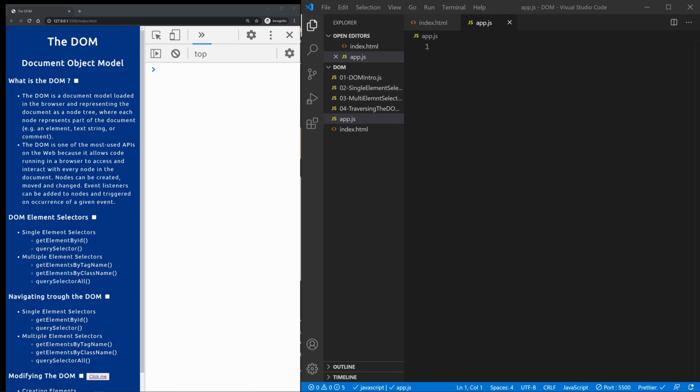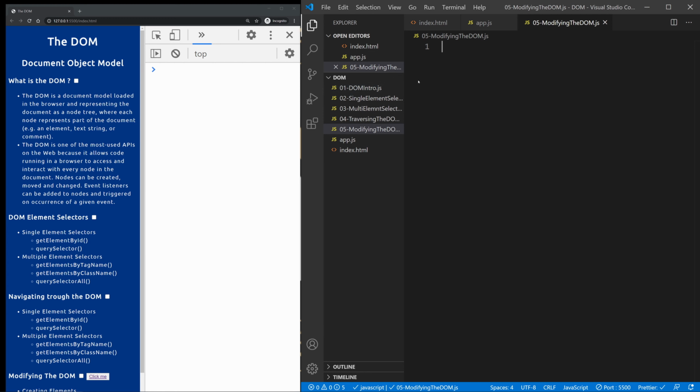Okay guys, so from this video on we're going to start on modifying the DOM, and first thing we're going to do is add something to the DOM and then we're going to remove it. So let's type in here a comment. Actually, let me create a new file. Let's maybe call it 05 modifying the DOM.js, and as I said, we're going to